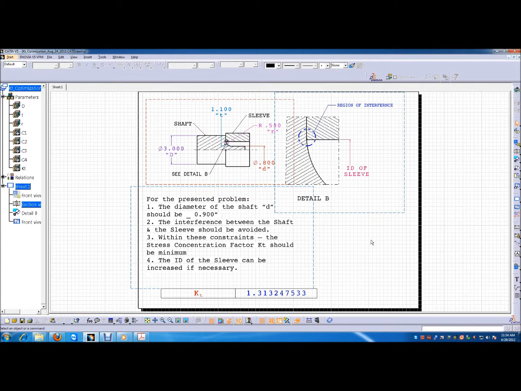This does not mean that we are not going to do a finite element analysis here. We will do it, but we have saved a lot of iterations. We are going to submit a model to the finite element analyst which is very near to perfection. This basically improves productivity. You have reduced a lot of time, you have reduced a lot of resources, and it also gives the designer a lot of confidence in his designs.